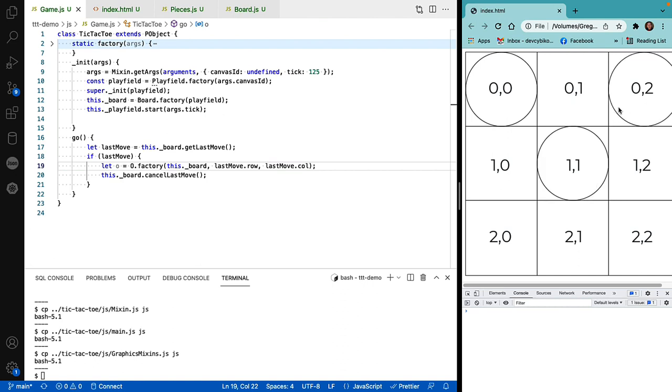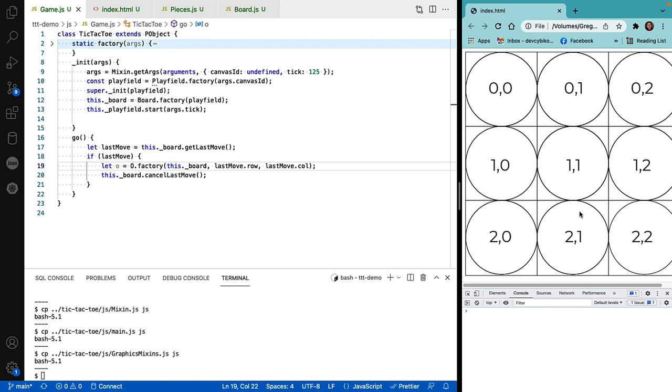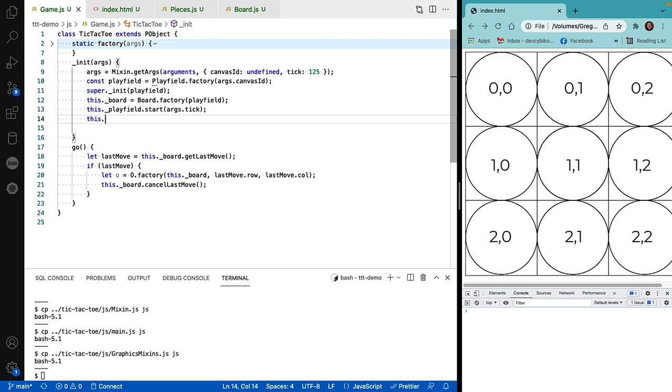Yep. We're doing pretty well, but we don't have a concept of actually taking a turn. We're positioning our object, we're positioning our move, but it's not like we are at the point where we're actually playing the game, where one person makes a move, then another person makes a move. Let's start adding that capability in. But to do that, we need to have a turn,